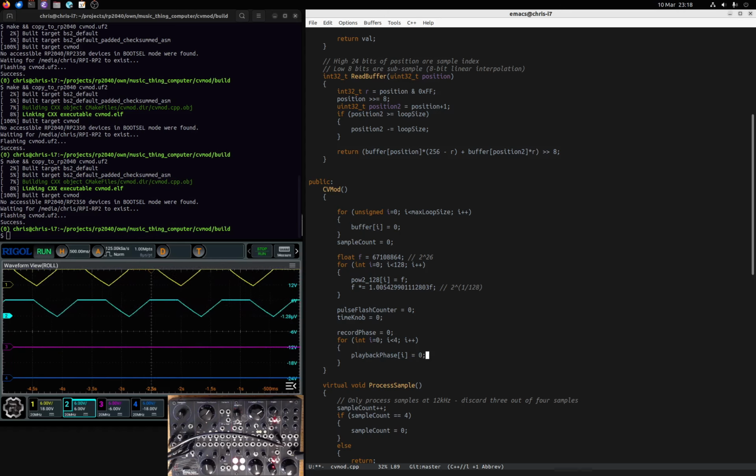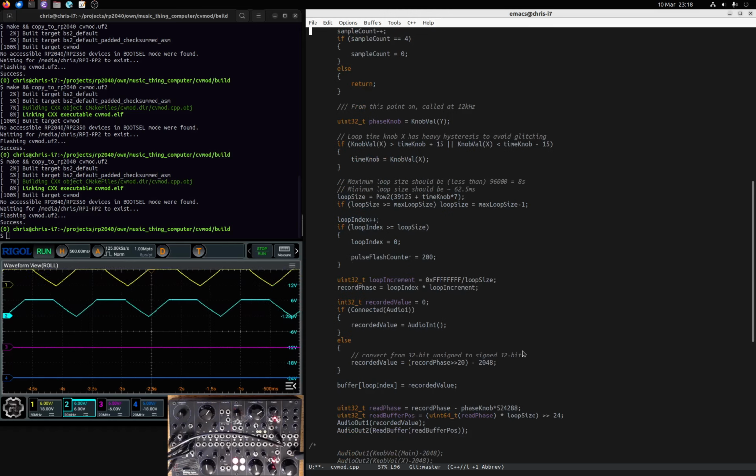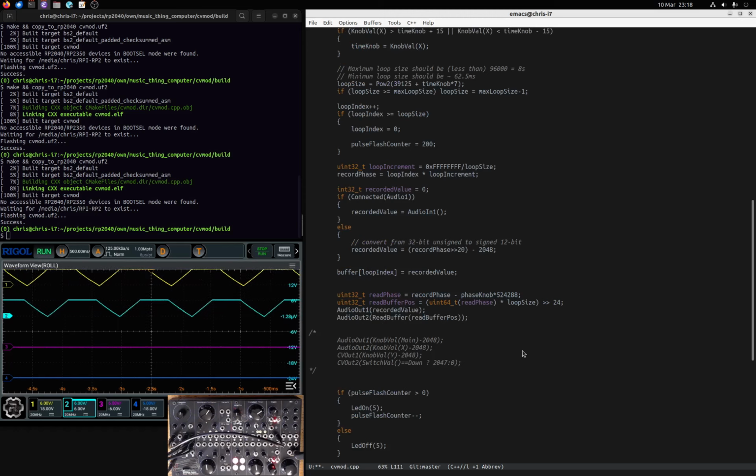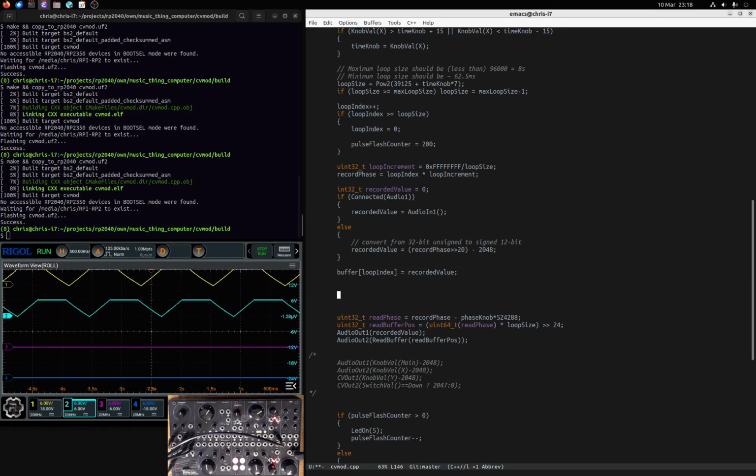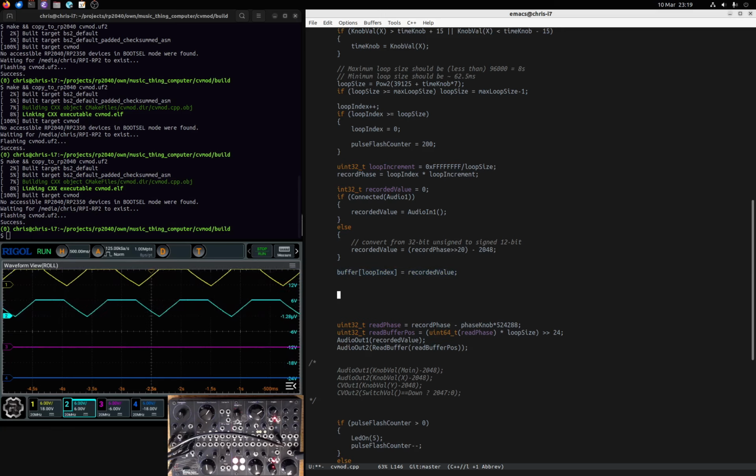And we then want the playback phases to shift as we play. So let's think, how and in particular where are we going to do this? I think we want to do it about here, because we want to deal with the playback stuff after we've done the recording, which is there. Okay, so